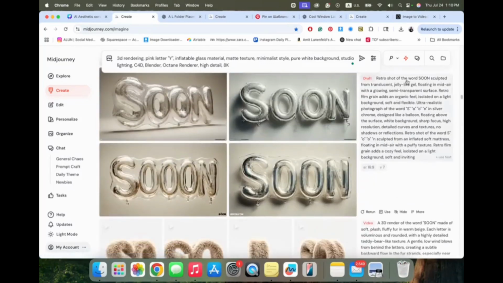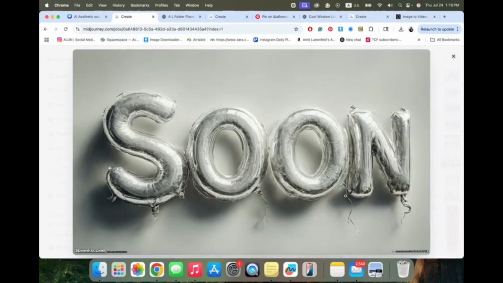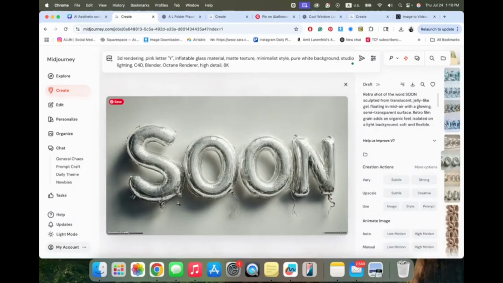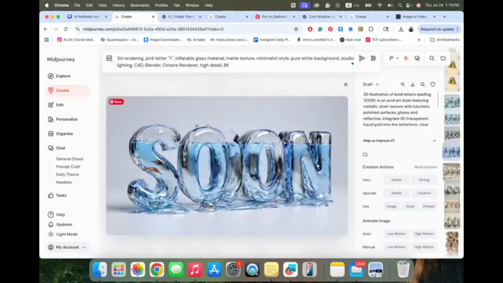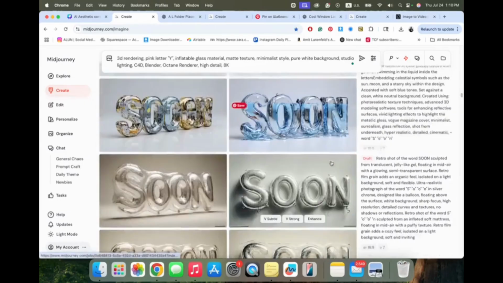Then I tried the word soon again. You see how I try to give AI as much detail as possible, but it still has some unnecessary details. But if we move it into creating a video out of it, sometimes it deletes them. So you can do something like make it fly in the sky, make it pop, and so on.